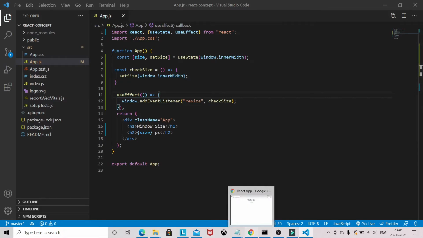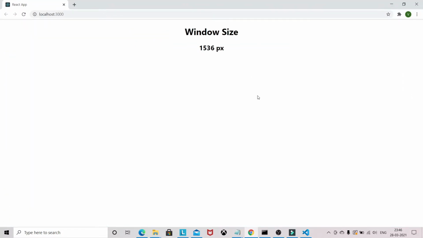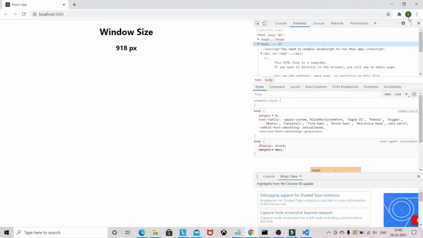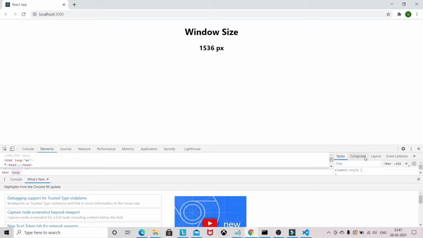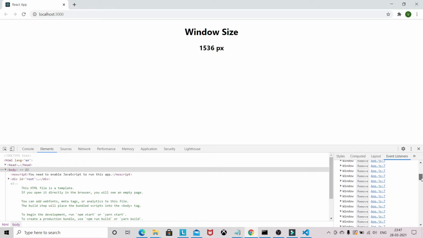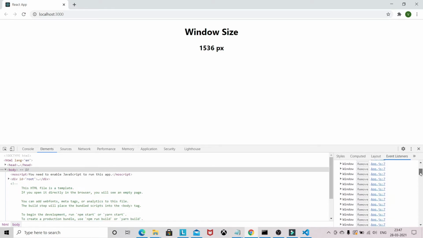But if you look at the event listener, and if you see the resize, you can see we have called that resize event listener quite a lot of times whenever I am resizing.